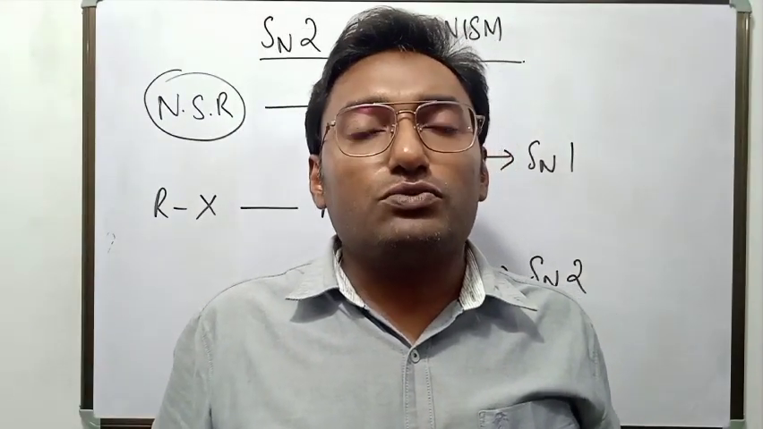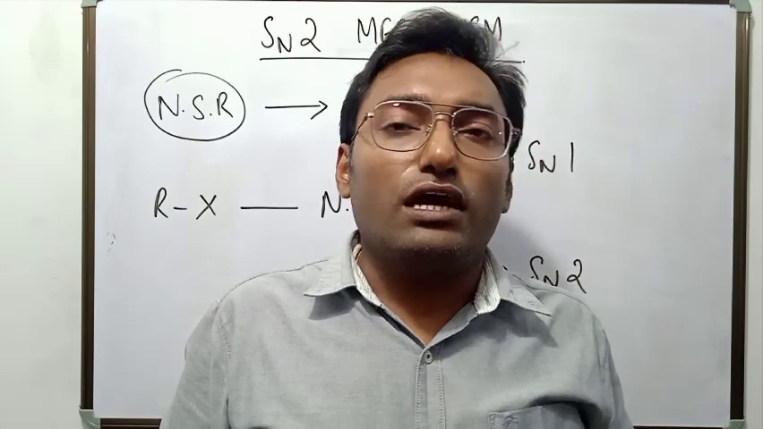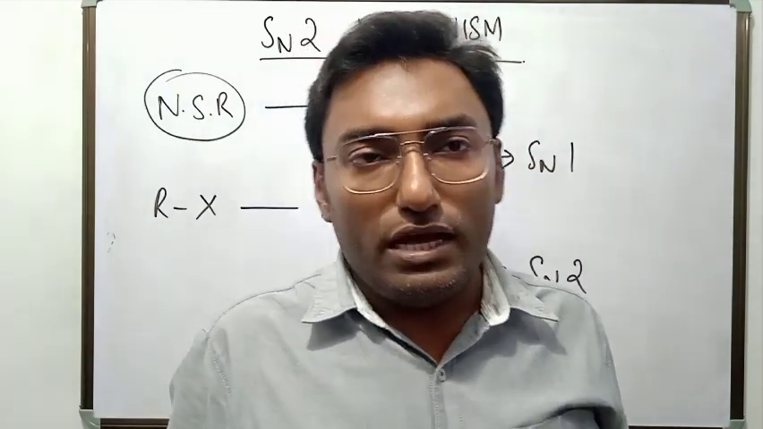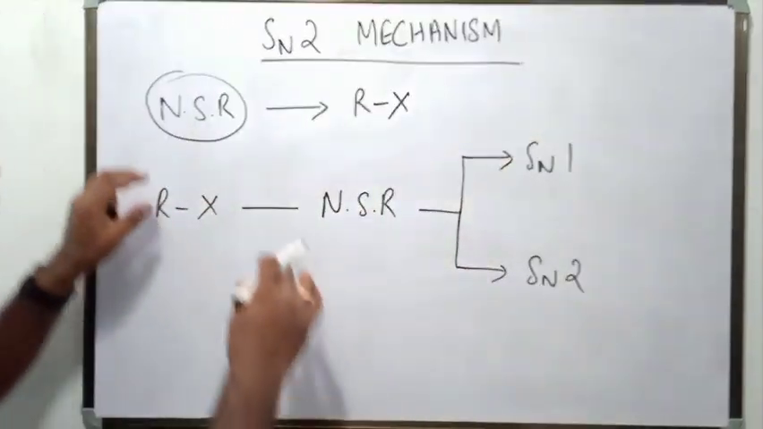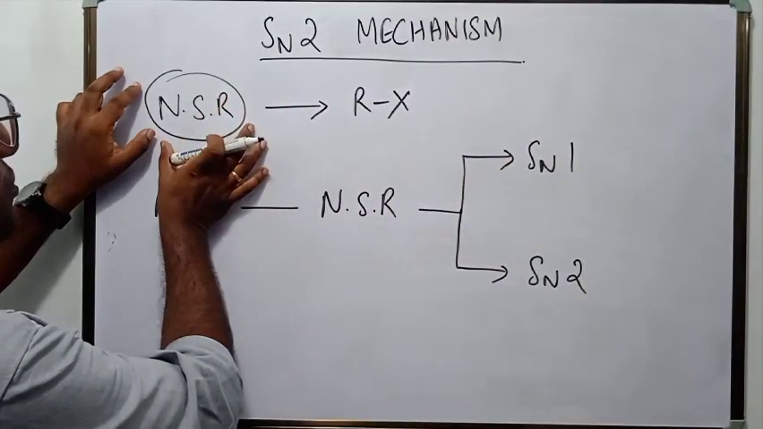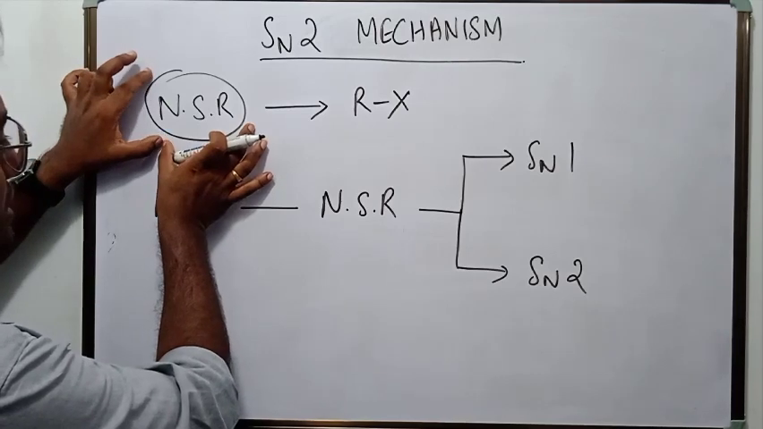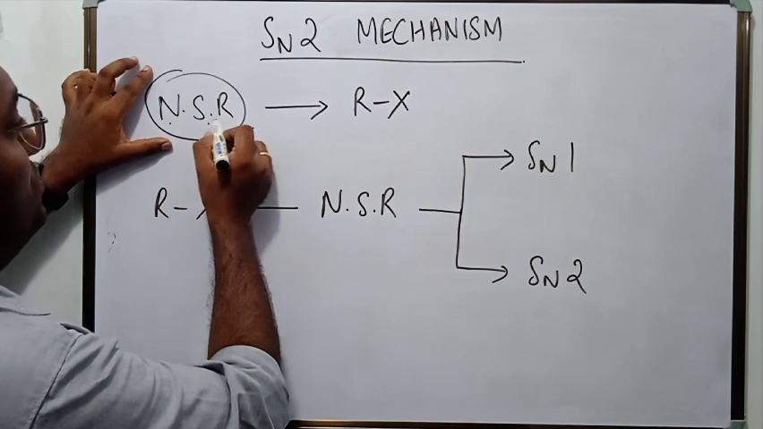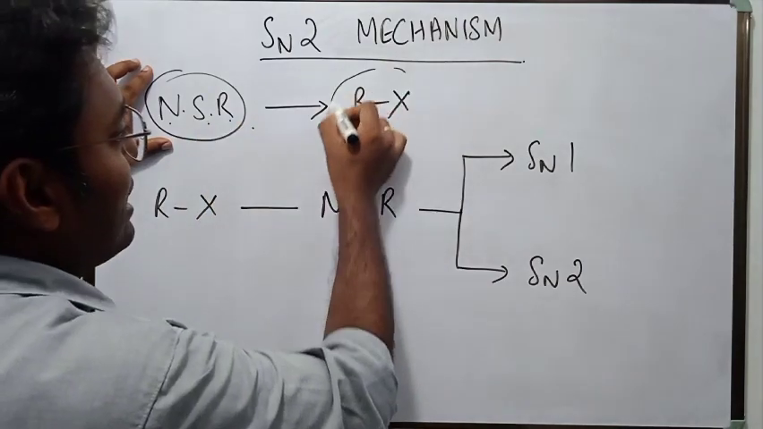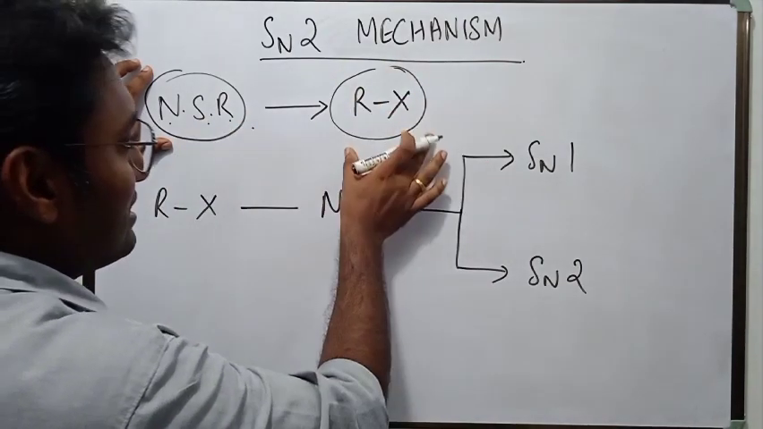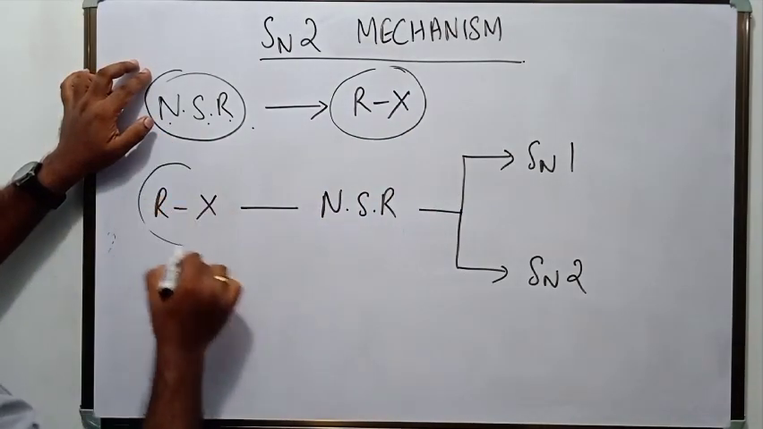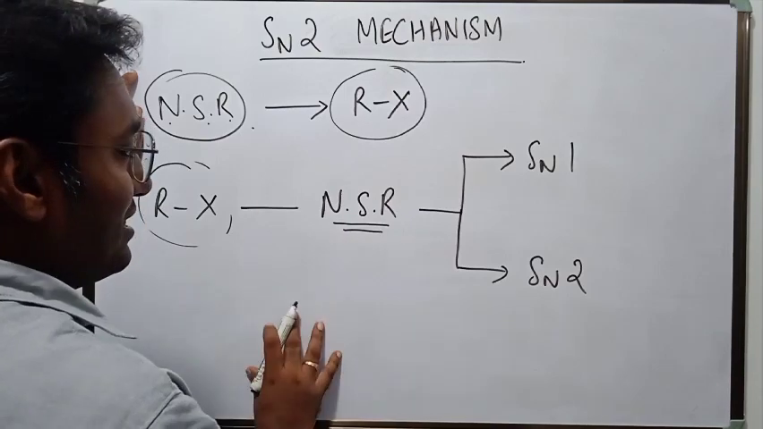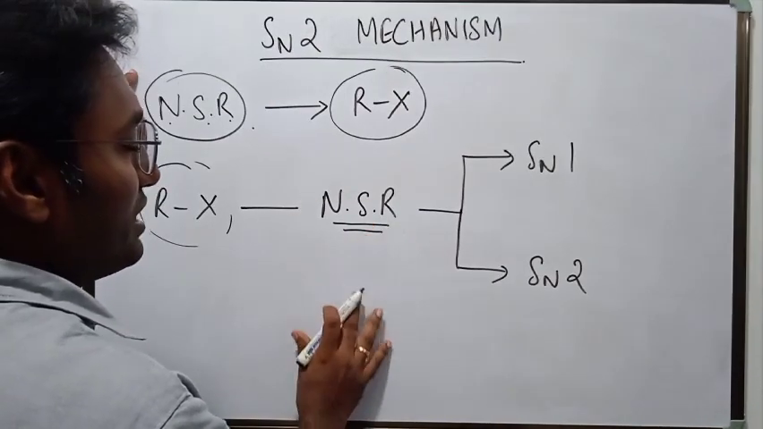Welcome. Dear students, today we are going to discuss the SN2 mechanism, the SN2 reaction. SN2 reaction is a type of nucleophilic substitution reaction. And which organic compounds show nucleophilic substitution reaction? Yes, alkyl halides. So as I said earlier, alkyl halides show nucleophilic substitution reaction, and this nucleophilic substitution reaction